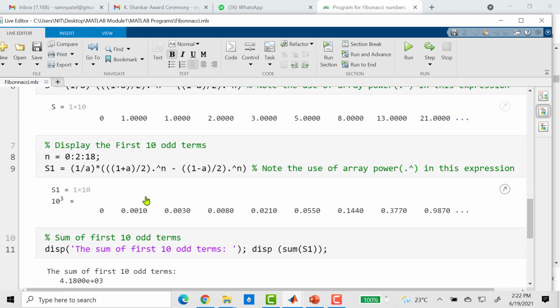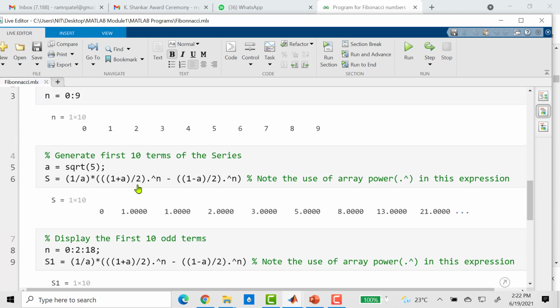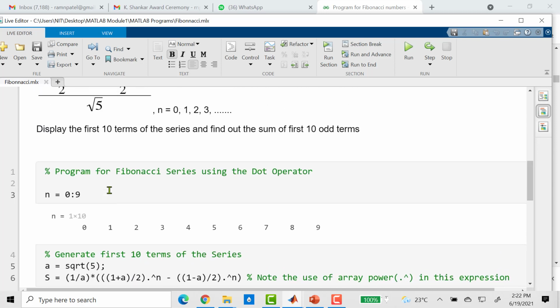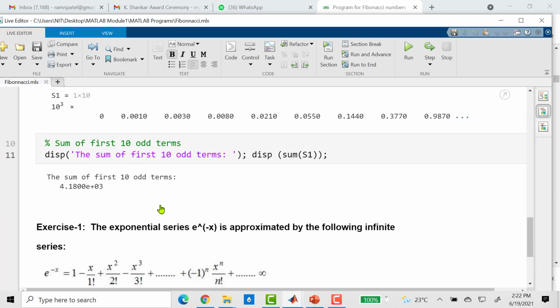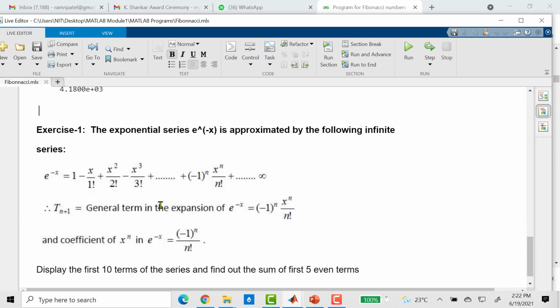Just as we have created this series, all you need to know is the nth term equation, and then just place the value of n as a sequence to generate the whole sequence by a single line of command in MATLAB. You can generate any other sequence by using this dot.